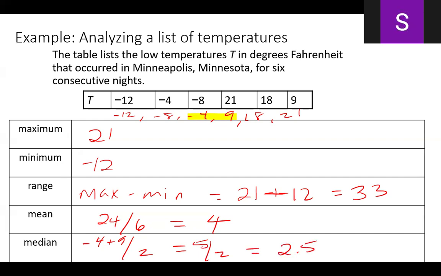So that is our single variable data. All right. Can we handle single variable data? Okay. So now after single comes